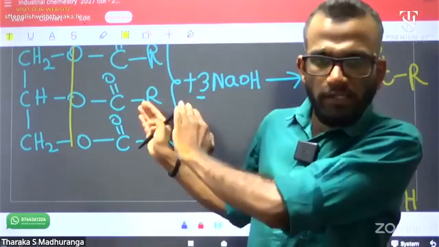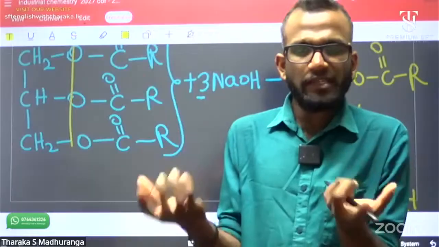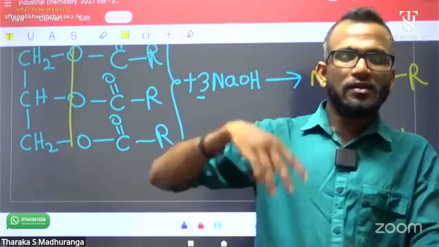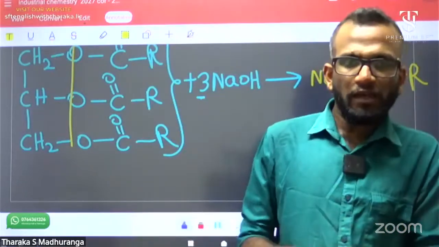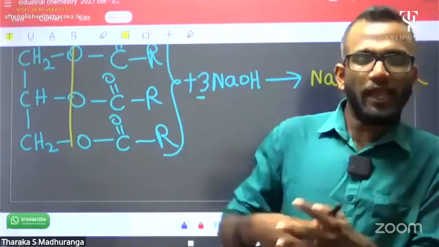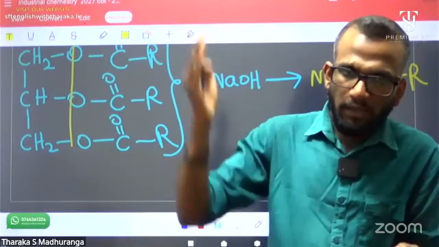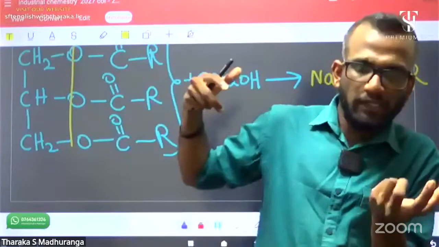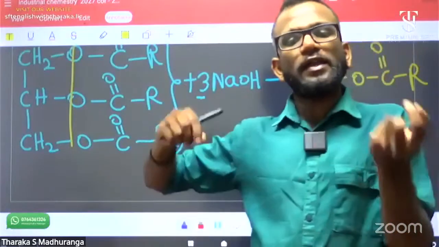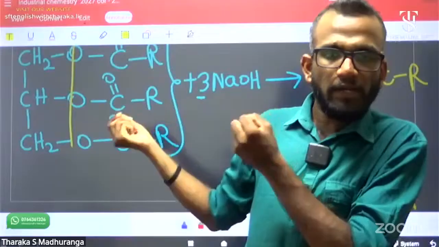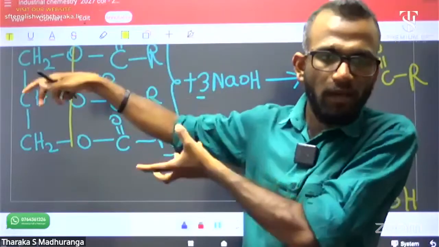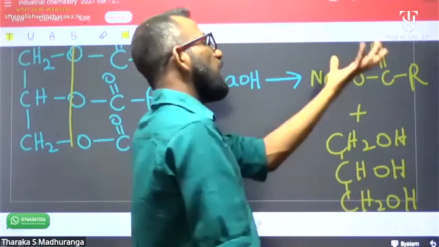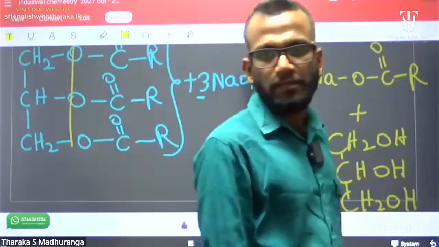Okay, this is the soap production. What happened in the saponification reaction? What's the meaning of saponification reaction? The reaction between triglyceride and caustic soda. In the reaction, triglyceride ester bonds break down. Glycerol and fatty acid separate. This fatty acid combines with sodium atoms, and the three OH combine with the remaining CH groups. Then glycerol is produced as a byproduct and sodium stearate is the soap.